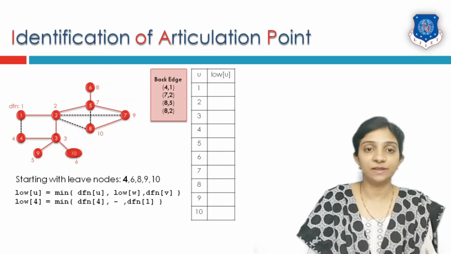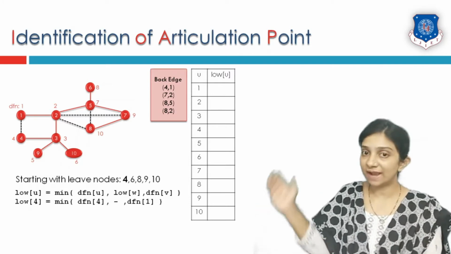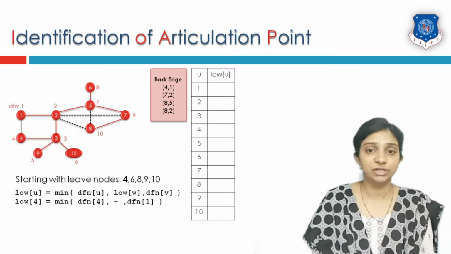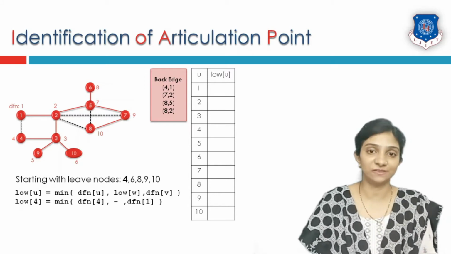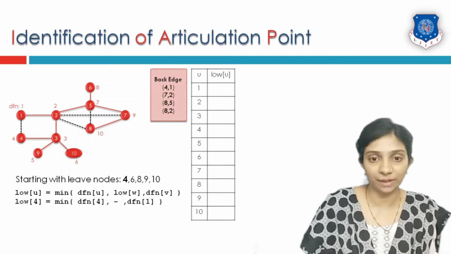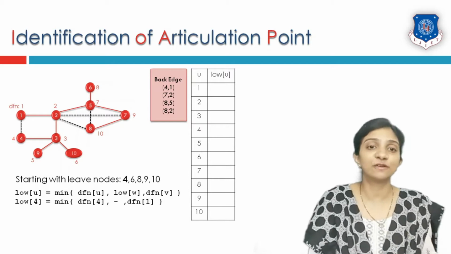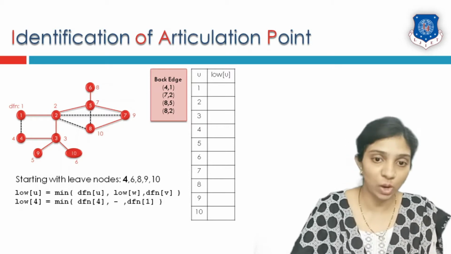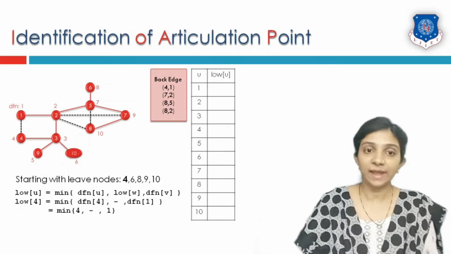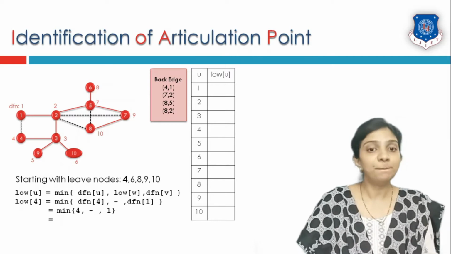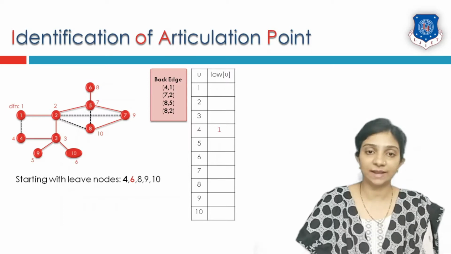The third component is a back edge which starts with vertex number 4. For that reason we have prepared the back edge list. Are there any edges which start with vertex number 4? Yes, the edge is 4-1. So the last component we are going to write is the depth first number of vertex number 1, so that will be substituted. DFN of vertex 4 is 4 and DFN of vertex 1 is 1. Minimum out of these two values is 1. So inside the table an entry is made.